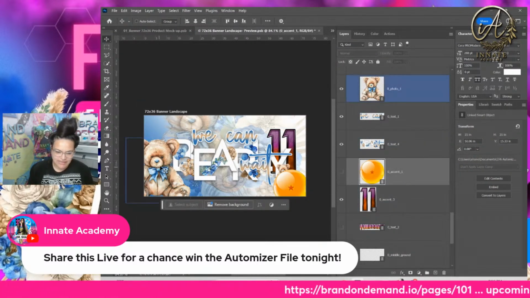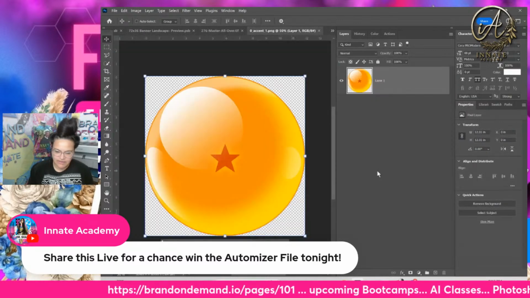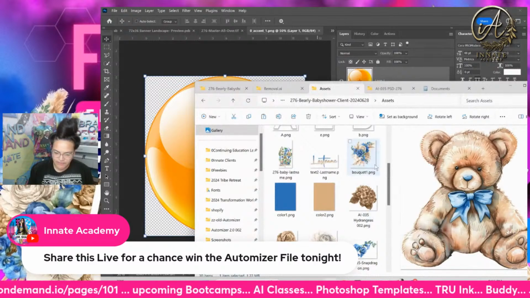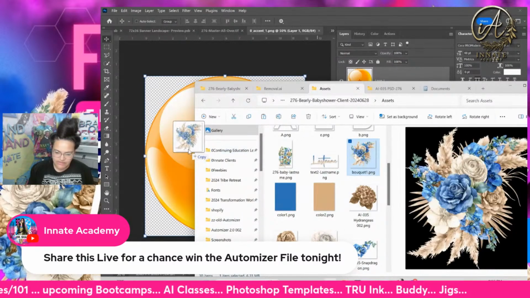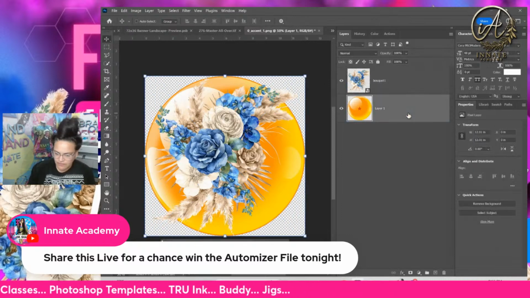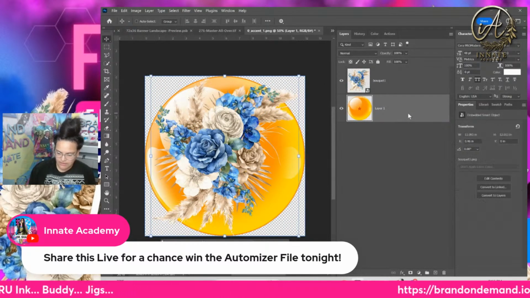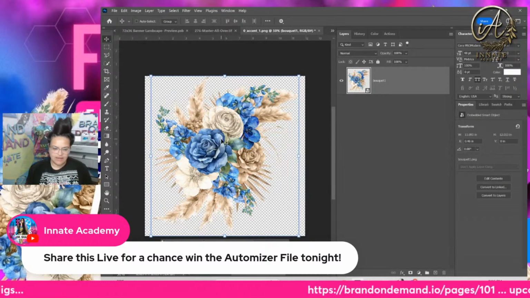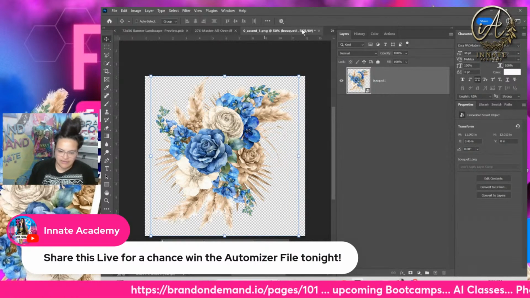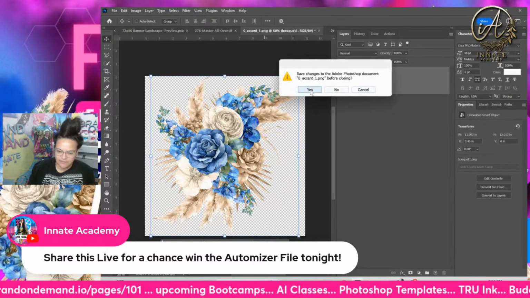for my accent here, I have my teddy bear here for photo one. For the accent one, let's see, am I going to use my second teddy bear, or I think what I'm going to use is my bouquet. And I explained earlier to Craft to Quit that we are creating this bouquet in another class. So I'm giving you all this bouquet as a file for our freebie tonight, for those of you who stayed for the freebie part,